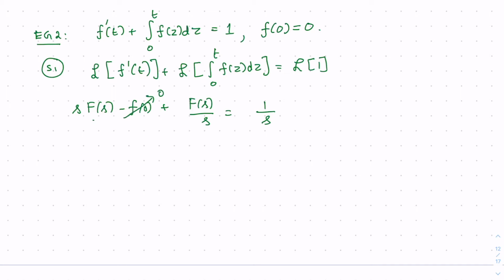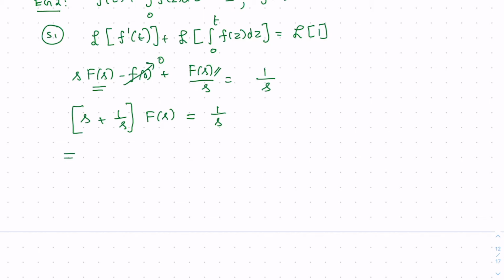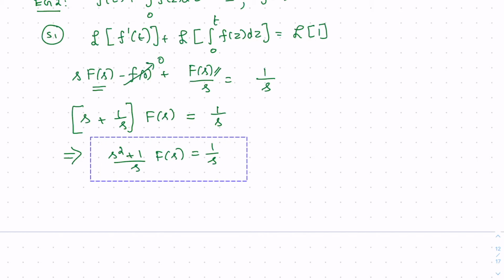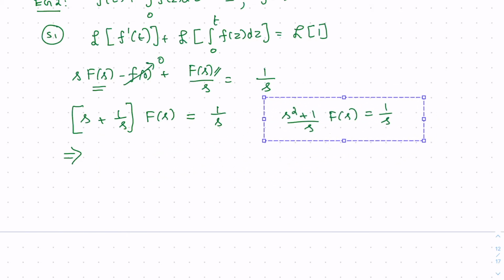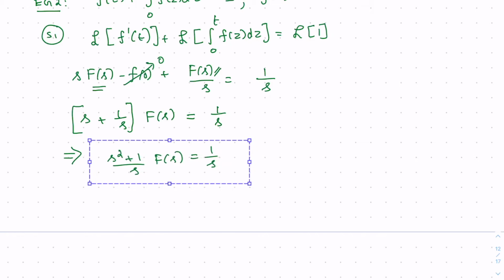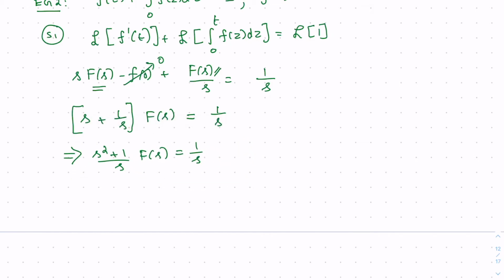Now if I group the F of s, I'm going to have s as my first term and 1 over s as my second term, equal to 1 over s. And if I simplify this further, this is going to be (s squared plus 1) over s times cap F of s, equal to 1 over s. Let's just keep it here. Now if I solve for cap F of s,